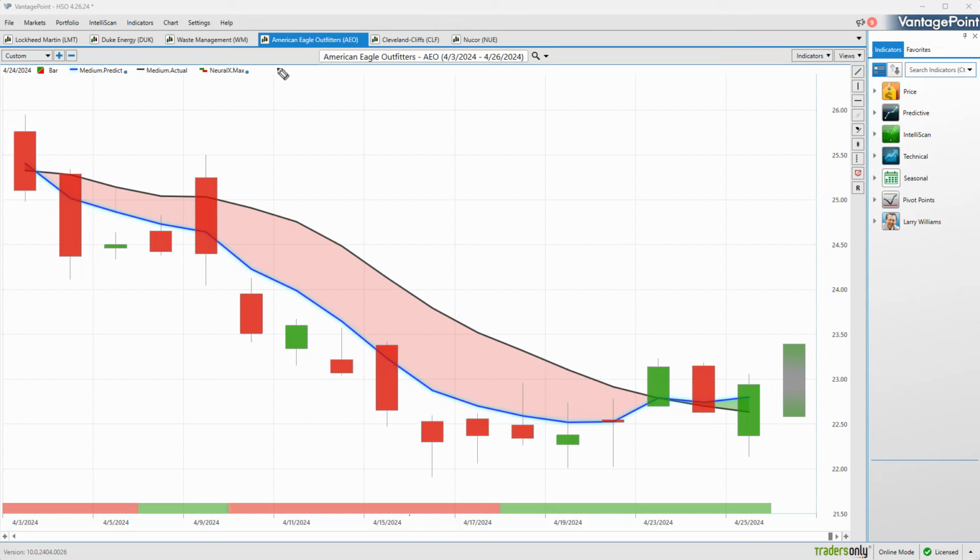some bearishness here. And so one of the stories here really at the same time was TripAdvisor. So if you look over the previous Hot Stocks Outlooks, really highlight that that's really where the pivot of the market took hold, right? Where the S&P and Qs and all these indexes turned lower and it started dragging stocks lower. Well, it's very similar here in American Eagle, where we get that blue line crossing below the black line, a little blip here with the neural index where you get a little bit of a gap in the price action. But overall, the overall trend very much bearish until you see recently, we get this blue line crossing above